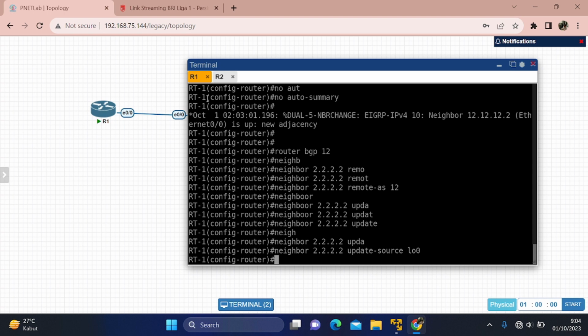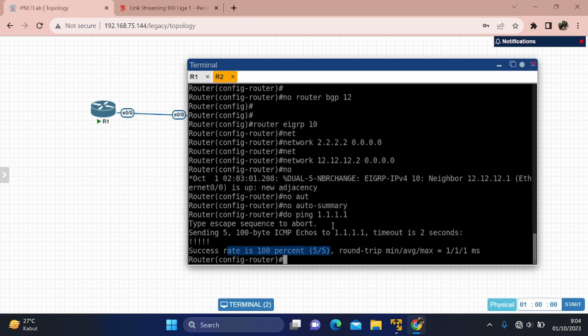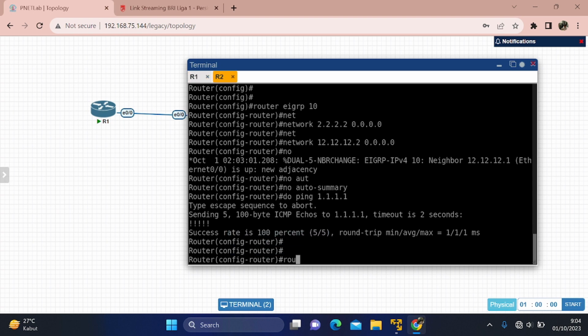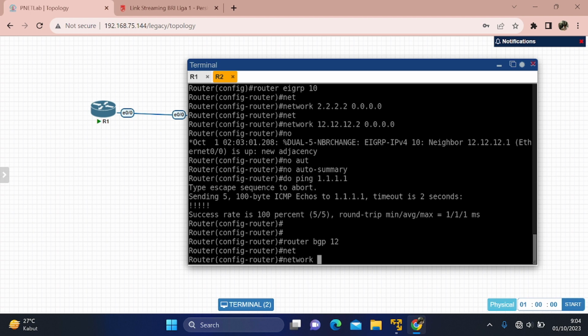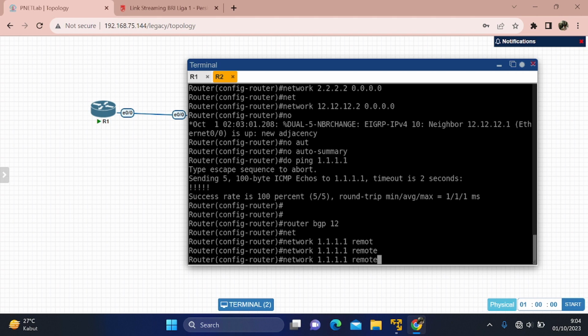And then add the BGP again in router 2, router BGP 12, and the network IP loopback in router 1 is 1.1.1.1, and then remote AS 12.